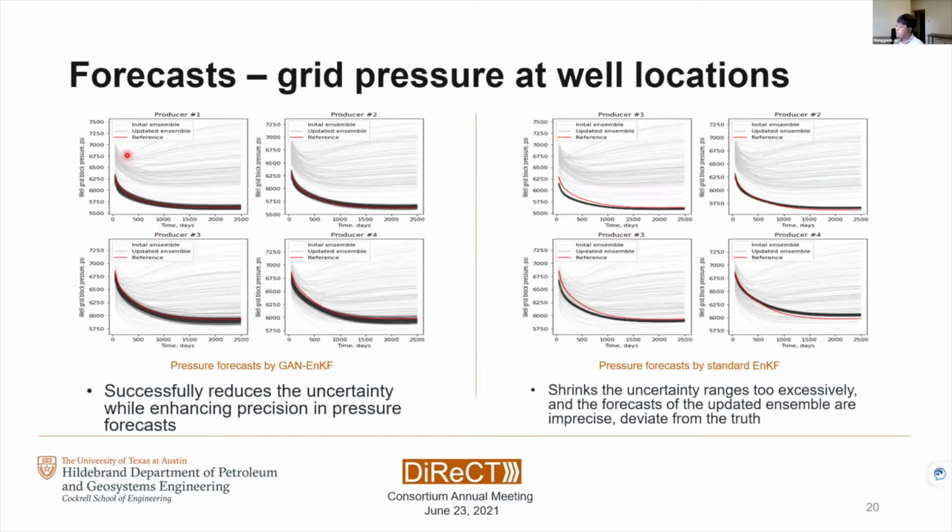So again, the GAN ensemble Kalman filter successfully reduces the uncertainty and matches the reference, but the standard ensemble Kalman filter has a huge misfit in well number 1 and well number 3, especially because we already used the information up to 500. So at least they are supposed to match the first 500 prediction, but their results are not very good in the end.